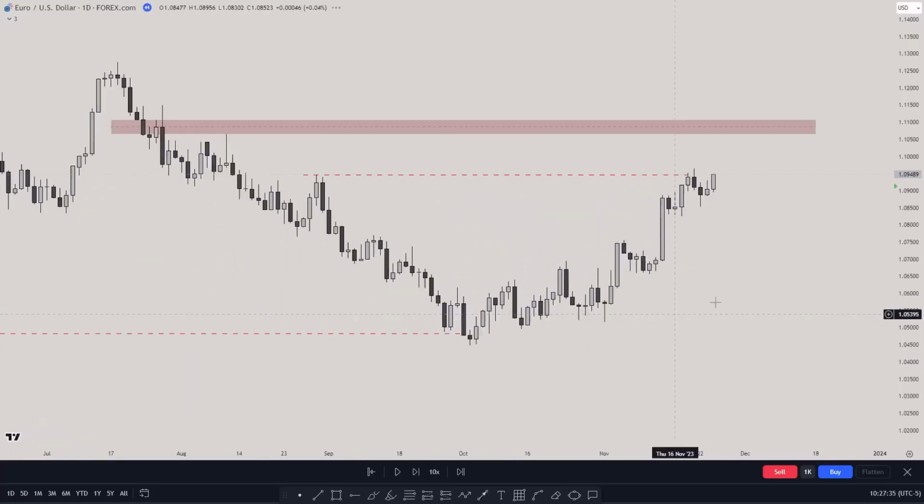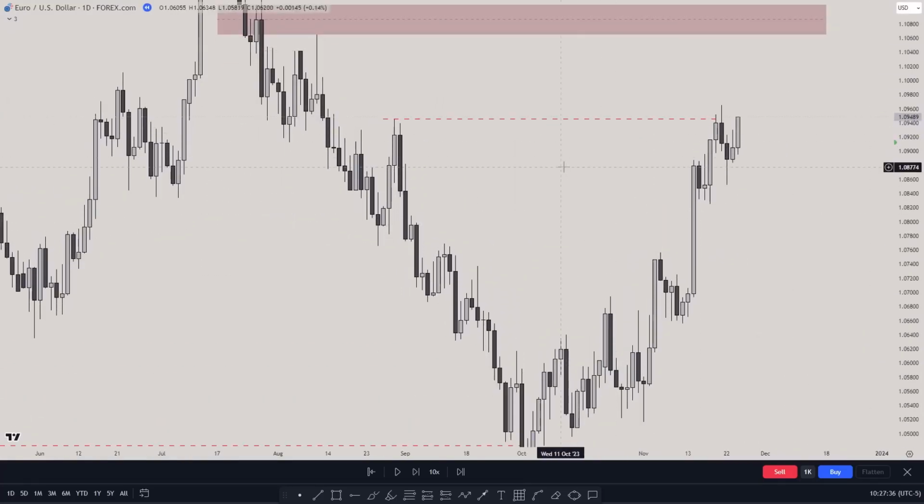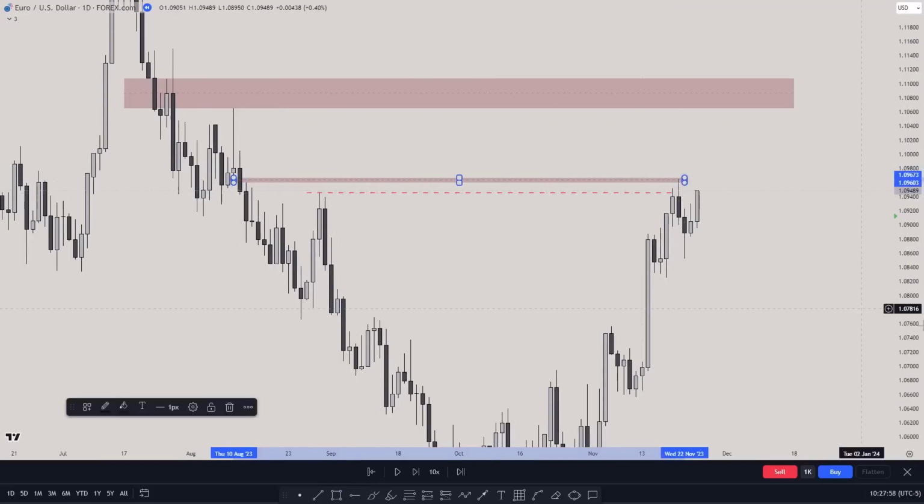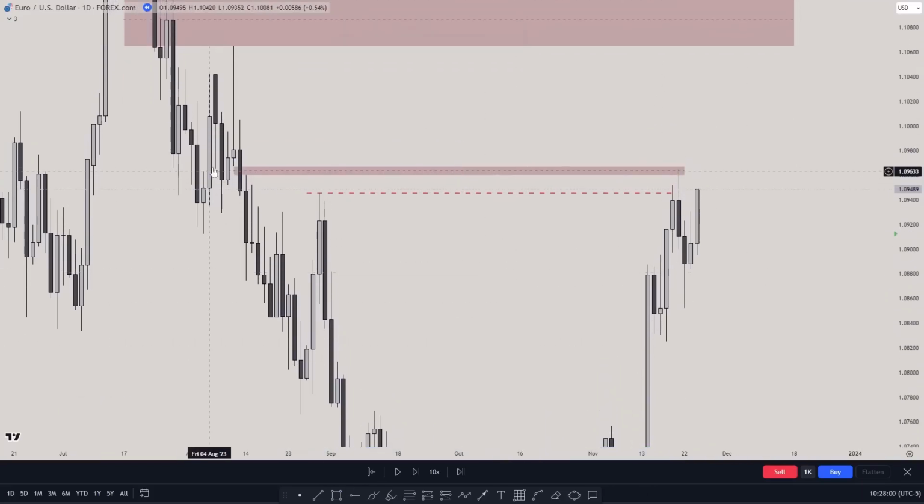We go to daily and let's see, do we have anything more in here? So this level of a fair value gap here, we also have another fair value gap above, and then we have a fair value gap on the daily time frame that is slightly above the weekly level, right? And we have an order block here, so price could go a little bit up.